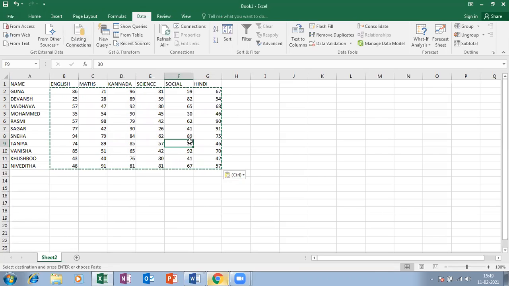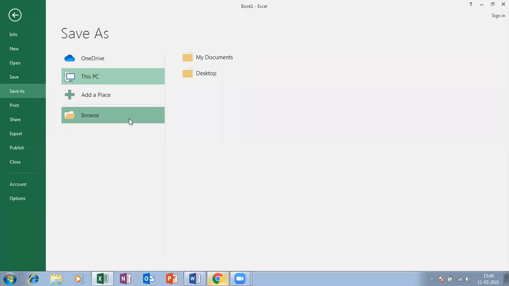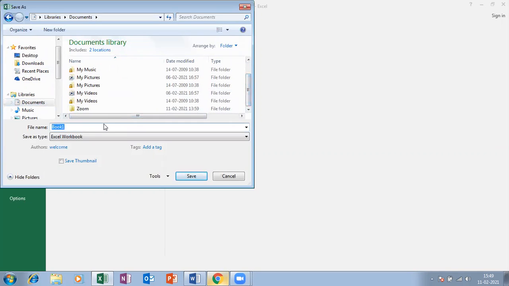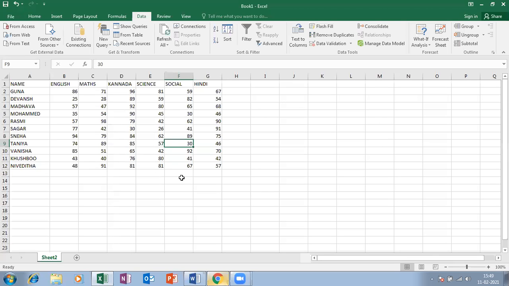Now there are no formulas. Is that clear for everyone? How to generate this data? After generating this data, let me click on save and browse. Let me keep it in Documents and give the name conditional formatting, which I'm going to work on in the next class.